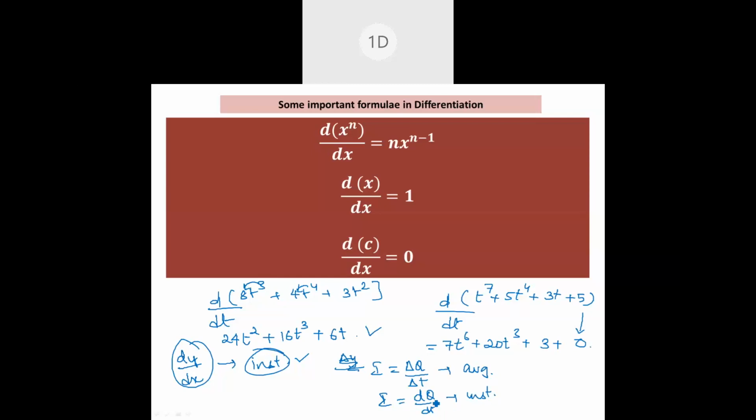Make a note. That's why, instantaneous, at that particular time, what is the current? Suppose a car is moving on a road. This is a car, it's moving on a road. I know average velocity is total displacement by total time. I want instantaneous velocity. Instantaneous velocity means dx by dt. So the next chapter after magnetism is advanced 1D motion. In that you will be learning differentiation concepts of velocity and acceleration.